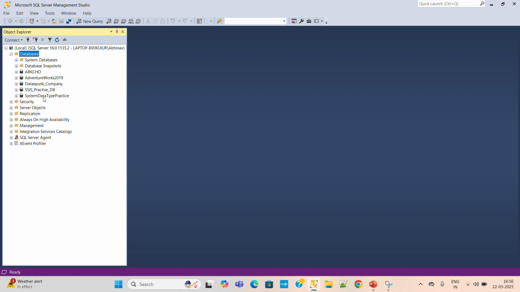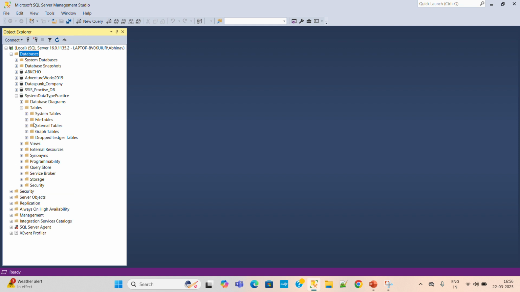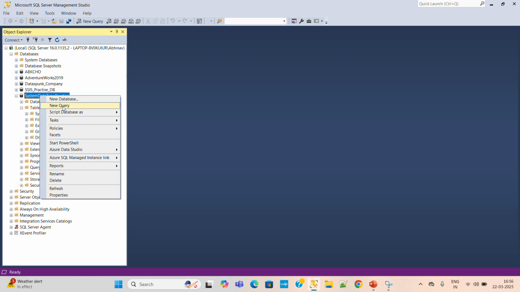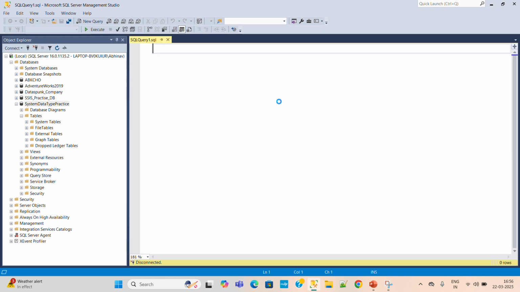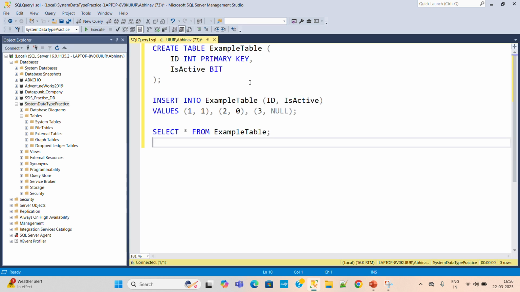Then here we have our system data type practice database. Okay, now expand this. Currently this is completely empty because we have just created this. Now right click on the system data type database and go to new query type. Okay, now paste this query what we have. So what we are doing here, we have created a table, example table, where we have two columns, id and is active. So is active is a bit data type and id is an int data type, and id is